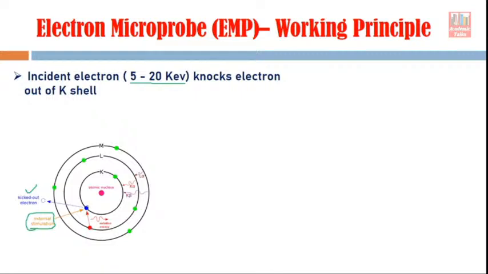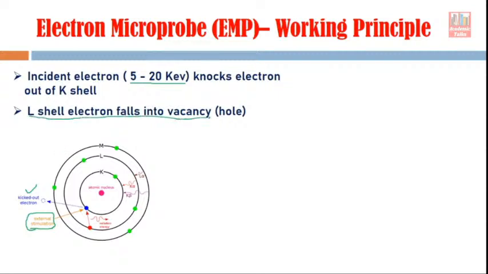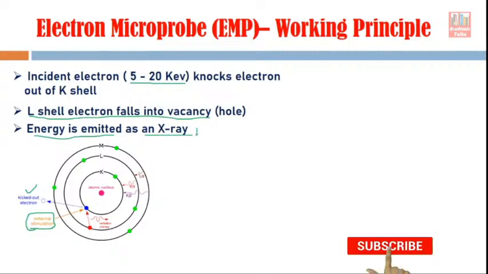So the L shell electron falls into this vacancy, and because of this transition energy is emitted, because an electron has moved from a high energy shell to a low energy shell. This energy is electromagnetic radiation, and if that electromagnetic radiation falls in the X-ray region of the electromagnetic spectrum, then